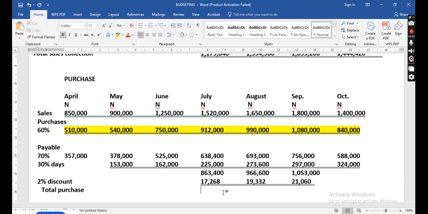Is that not so? I'm talking about the cash price, right? You say it is what? It is discount received. Is that not so? It is discount received. Now, the question now is, with that knowledge, right? With that knowledge, what will be the total purchase price that we would charge our discount on? What will be the total purchase price? I'm still asking the class again. What will be the total purchase price?